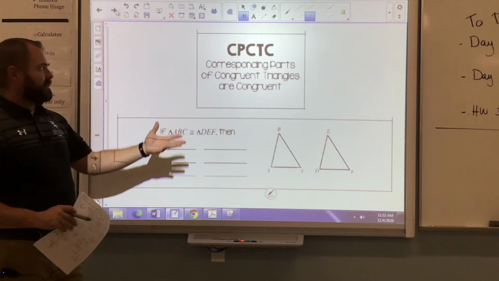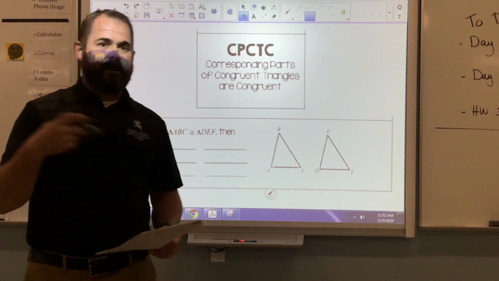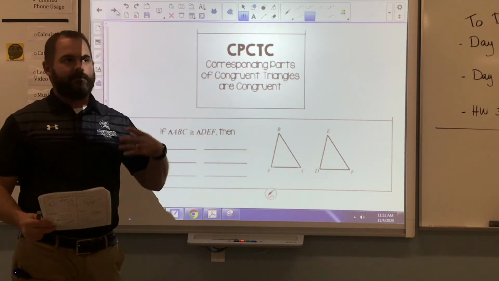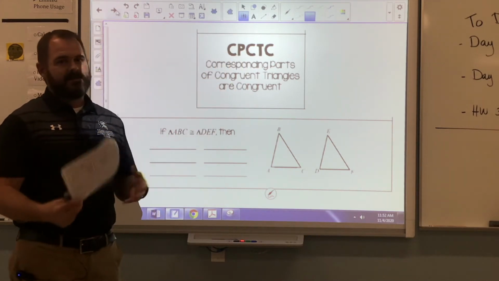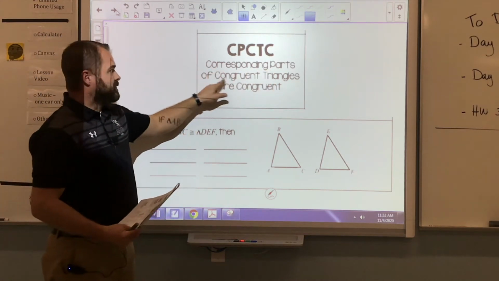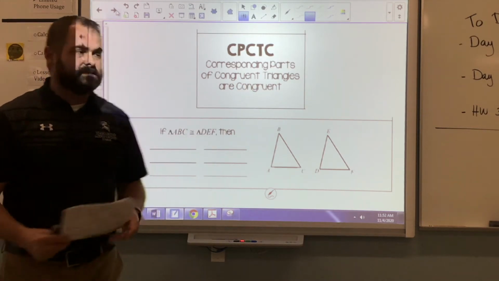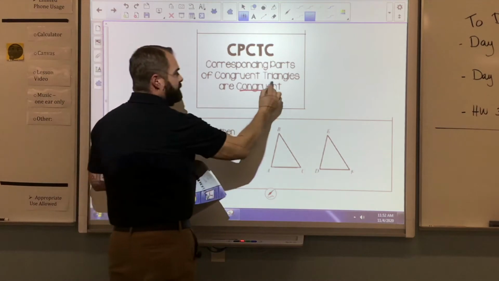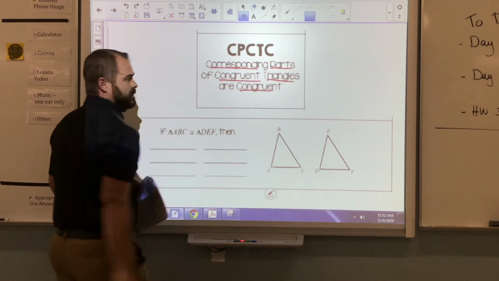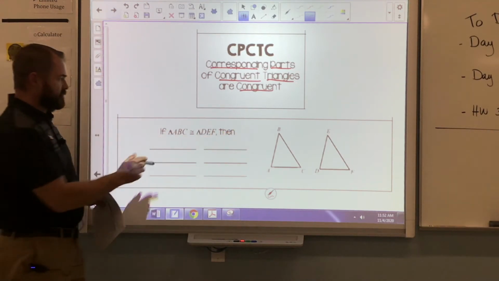The next thing we have is our first acronym, our first set of letters that stand for a phrase: CPCTC. We're going to use that quite a bit throughout the rest of this unit. CPCTC stands for corresponding parts of congruent triangles are congruent. That's just based on our definition of congruent triangles, that if triangles are congruent, then their corresponding parts are congruent also. What you see next is another situation where we are told a congruency statement,